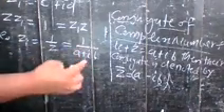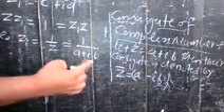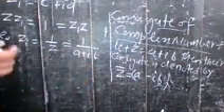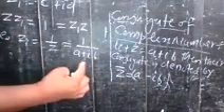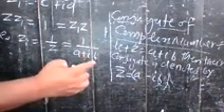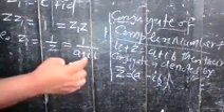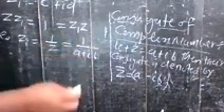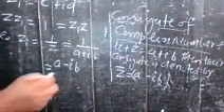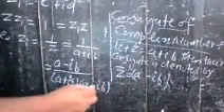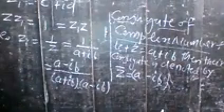So here 1 upon a plus ib is not in standard form. So you have to make it in a standard form. You have to multiply the numerator and denominator by its conjugate. So write it: 1 minus ib in the numerator, and in the denominator you can write a plus ib into a minus ib. You multiply in this way.